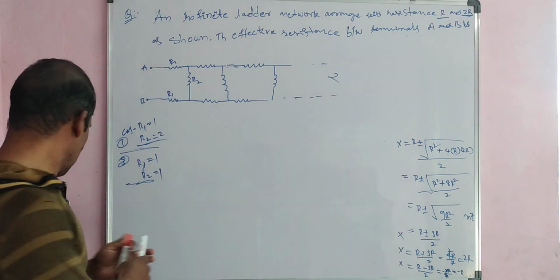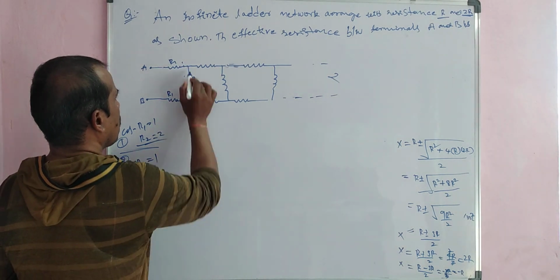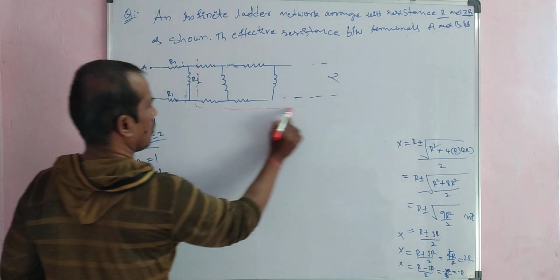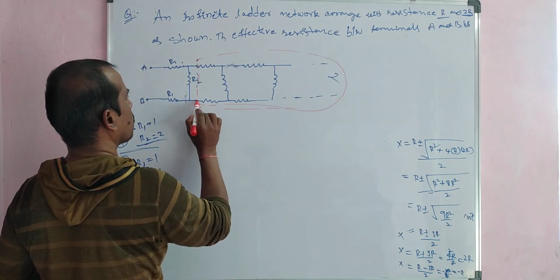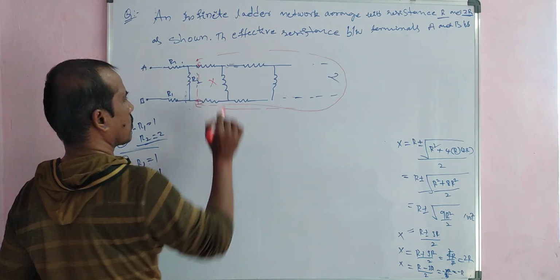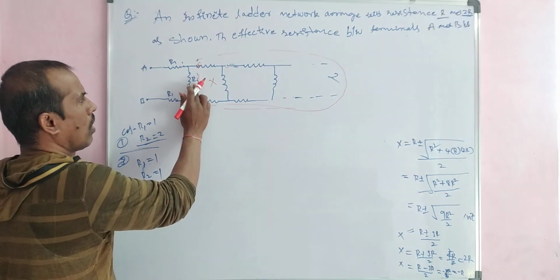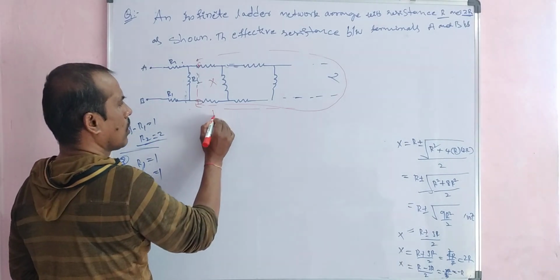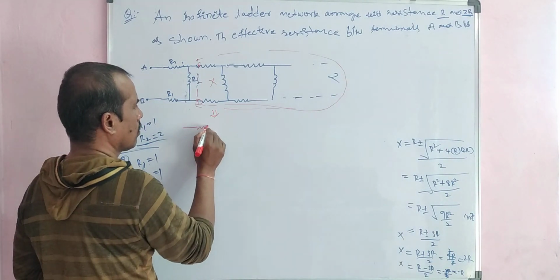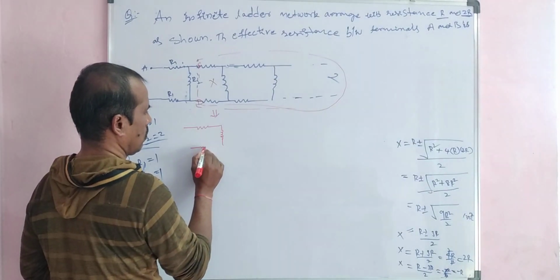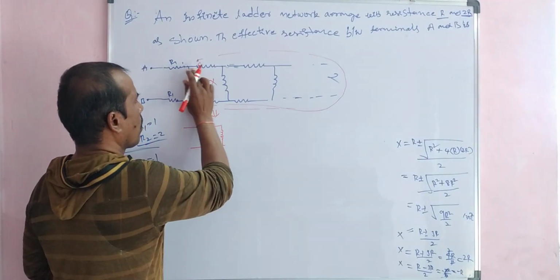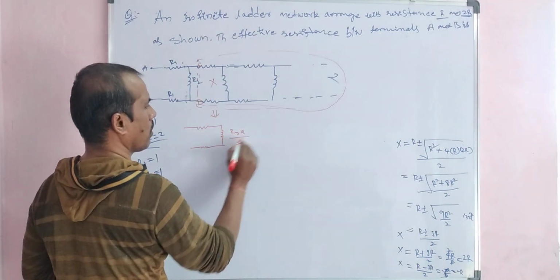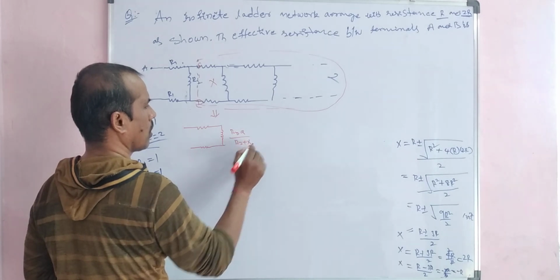This is the circuit here. The effective resistance of these points C and D, for example, is X. This X and R2 are two parallel combinations, minimizing this network. This X and R2 in parallel give X R2 by R2 plus X.